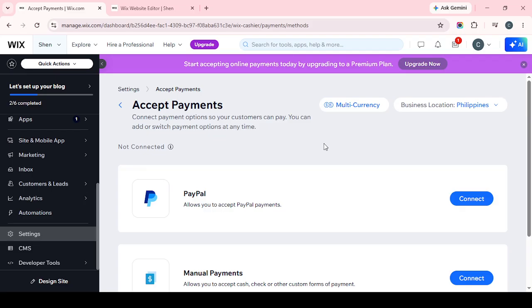After selecting the box, take a quick look around the page to confirm the setting appears enabled. If Wix prompts you to save or continue, make sure you complete that action so the change is applied properly. It's always a good idea to double check your checkout experience afterward to make sure the payment method appears the